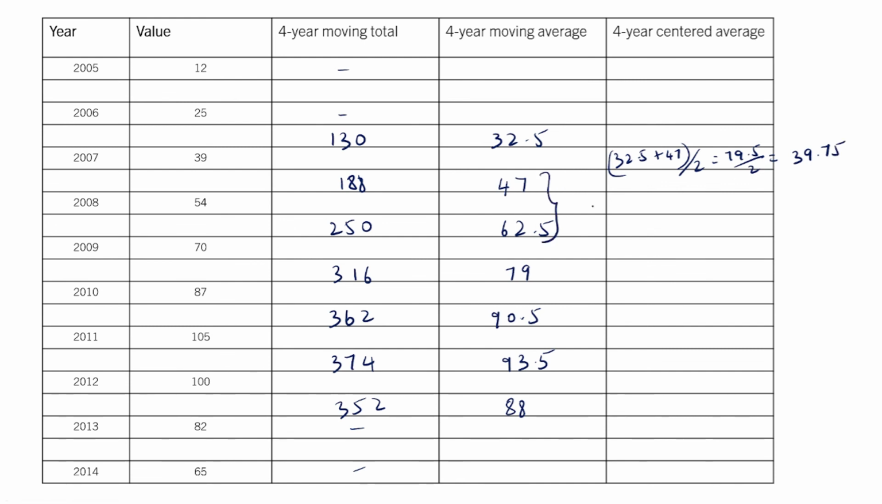And then we have to find the average of these two. So 47 plus 62.5 by 2. It is 109.5 by 2, which is 54.75. Then we find the average of these two. 62.5 plus 79 by 2. So it is 141.5 by 2, which is 70.75. Then we find the average of these two. 79 plus 90.5. It is 169.5 by 2, which is